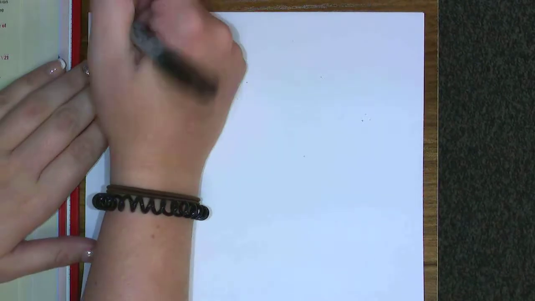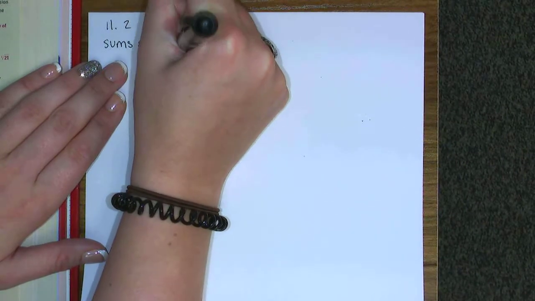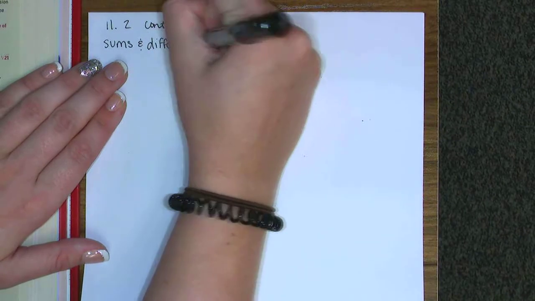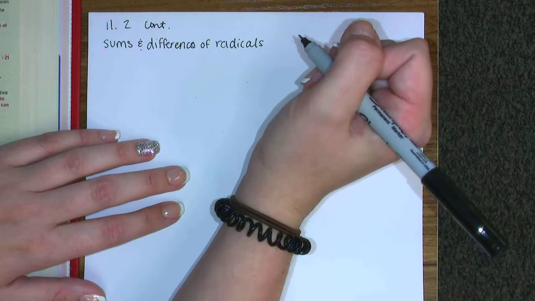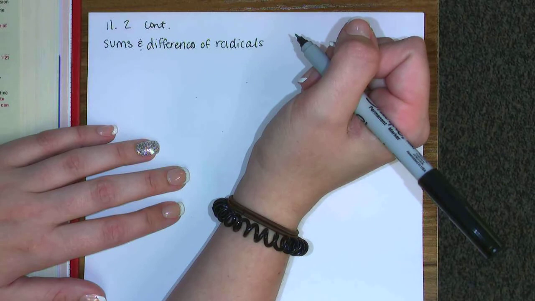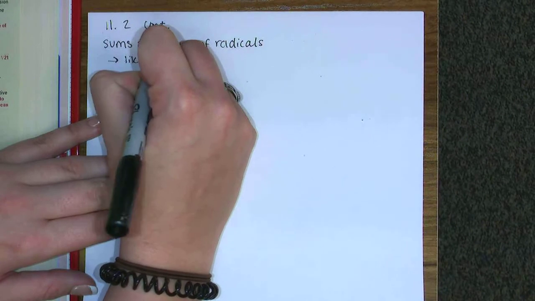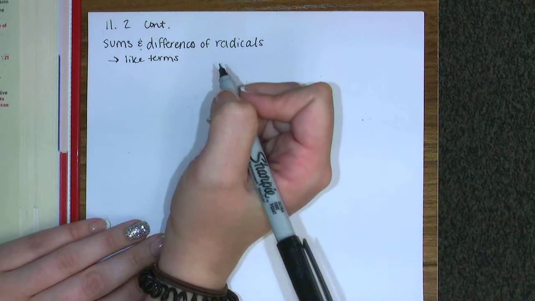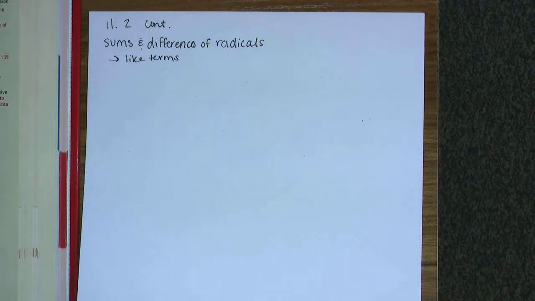Okay, so when we do sums and differences of radicals, we are looking at using like terms. So we have to follow the rule of like terms. It has to basically have the same radical value. So by that, what I mean is, if we have something like